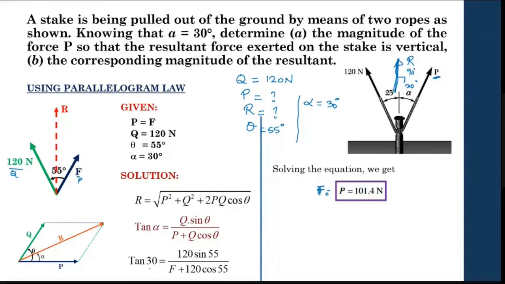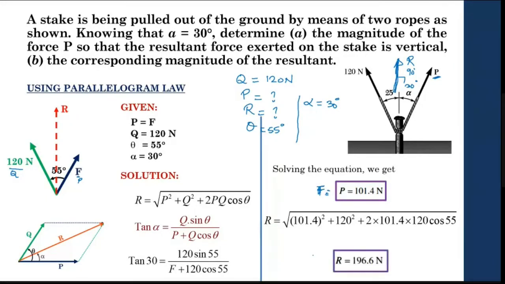I am not giving time to solve all this now, because we will solve it separately and then discuss it, right? Okay. So this is your F. Now I identify what is the R. Since I know the value of P, I can substitute P square plus Q square plus 2PQ cos theta. We substitute it and identify the value of R also, right? So this is how we use the parallelogram law to solve this particular problem.